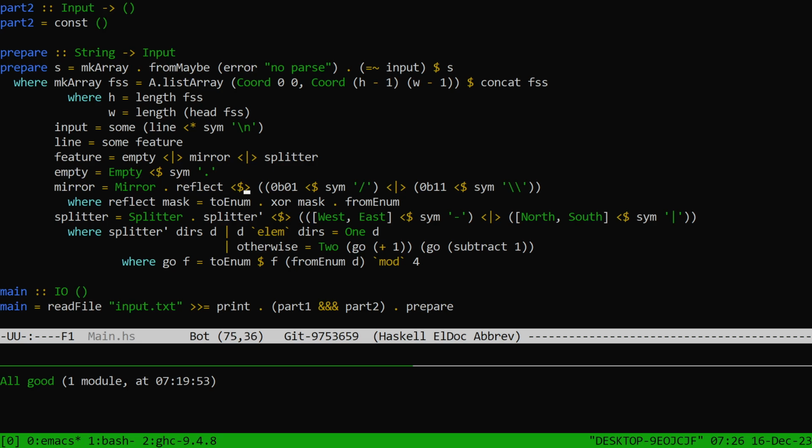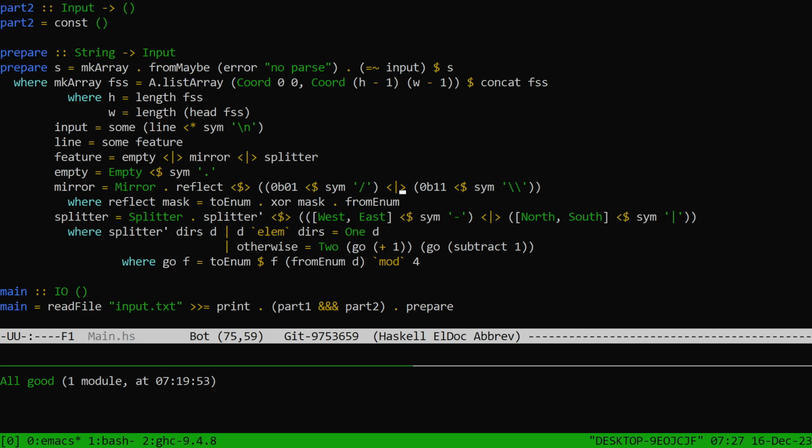This is one thing I also wanted to talk about, is I got kind of tired of writing the pattern match of the four... You have to write like the cross product of your four directions by the 5 features you can have, really, right? Empty, or the 2 mirrors, or the 2 splitters, right? I didn't really want to write 20 cases in my patterns. So I thought some more about how